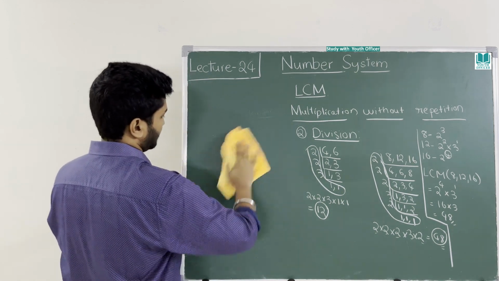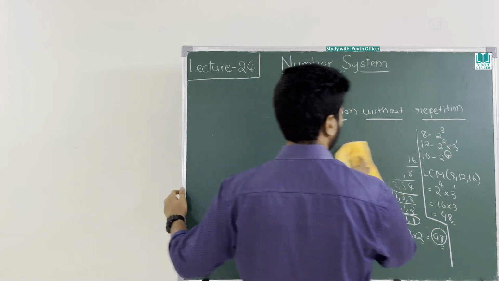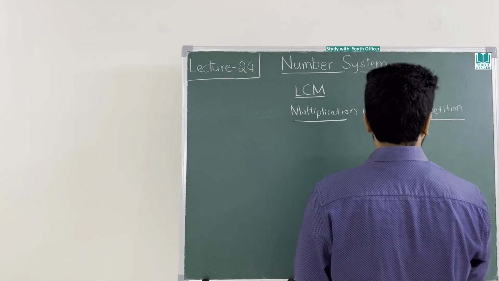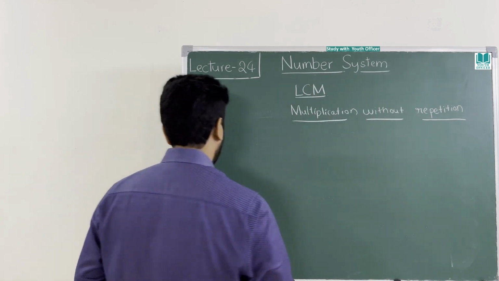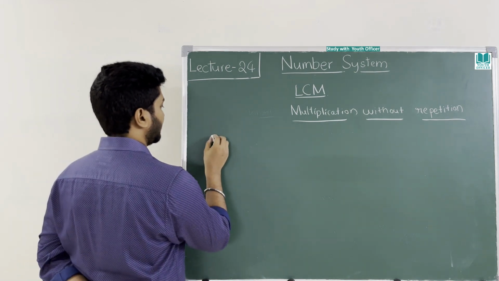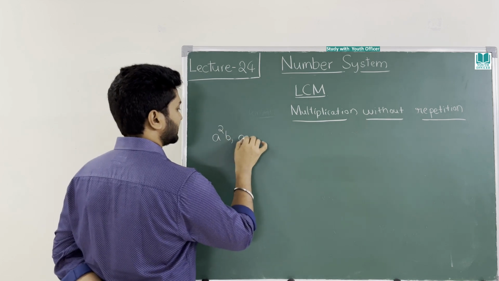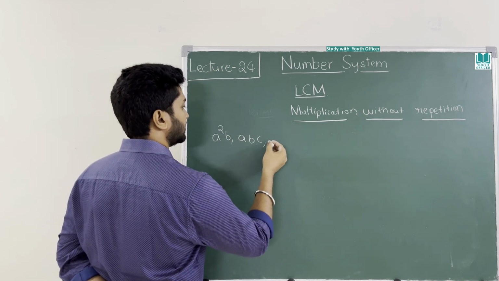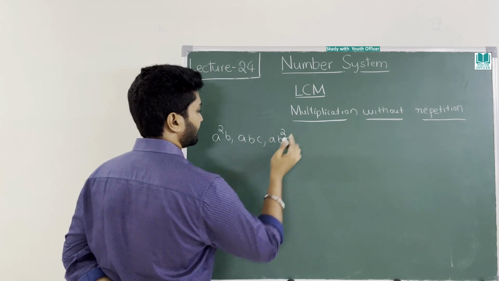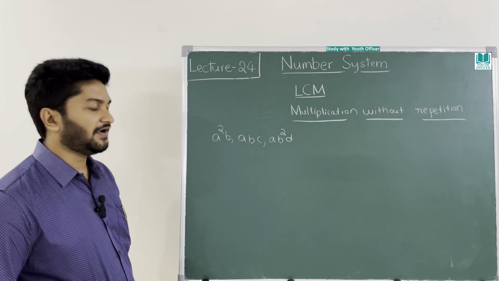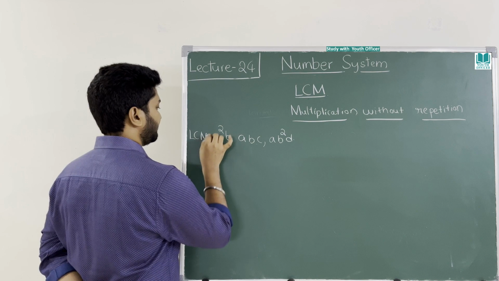Okay, I will take some algebra A, B, C, D's and then through them I will explain to you and show you how they will get repeated. Okay, if they give you something like a square b, some a b c, some a b square d, if you have to find LCM for this,